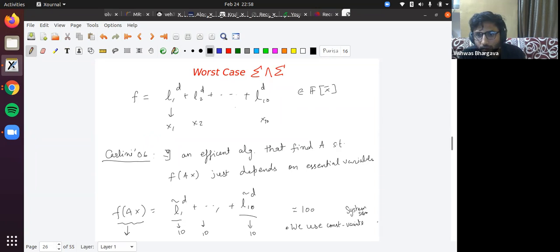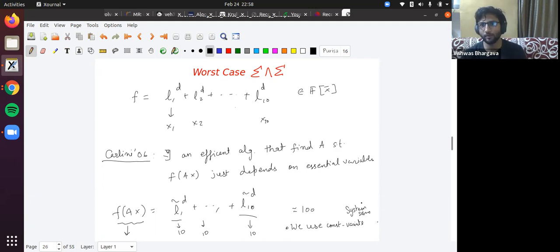Any doubt in this? Basically, we did a simple transformation and did a brute force. Brute force means using the hammer of system solving for a constant number of variables. Any doubt in this? Okay, so here we saw a worst case algorithm and an average case algorithm for the same model.